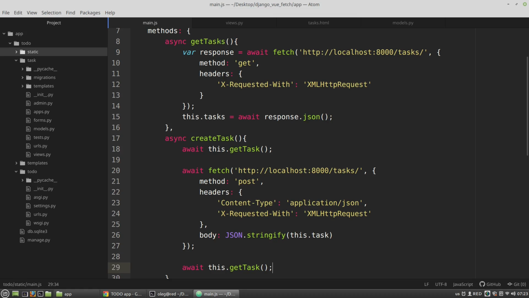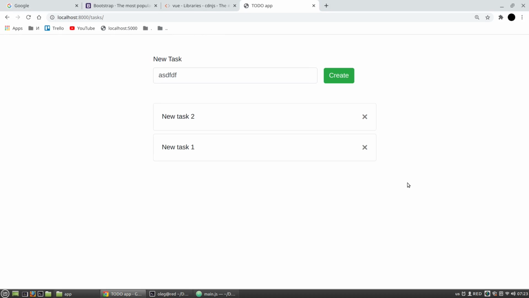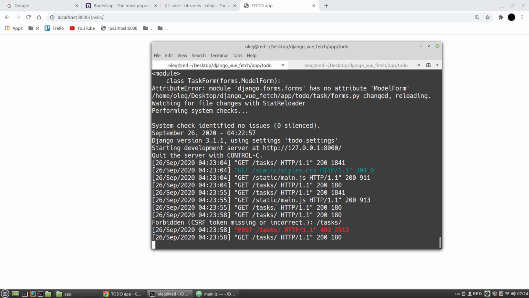Because the function get tasks. Get tasks. Okay. F5. Okay, nothing changed. And if we look at the shell, we can see that Django requires CSRF token to be